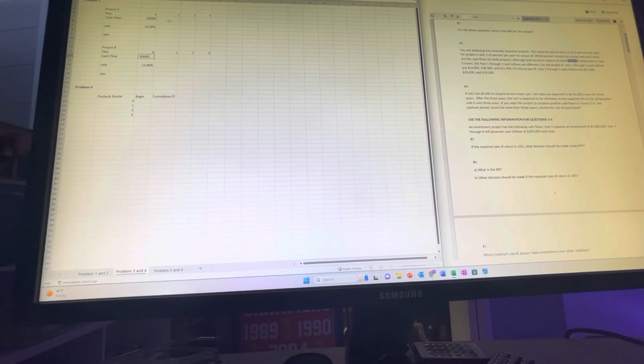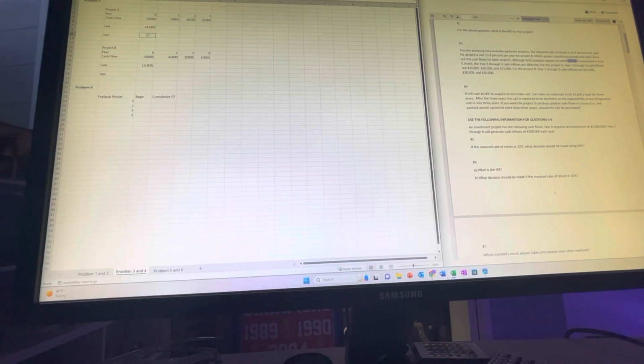50,000. Our year 1 cash flow for project A is 248,036,200,210,000. Then we'll go down to project B's cash flow, which is the last sentence of the paragraph. 41,000, 20,000, 10,000. Okay, so what we're going to do is, which project we select is the one that has the higher